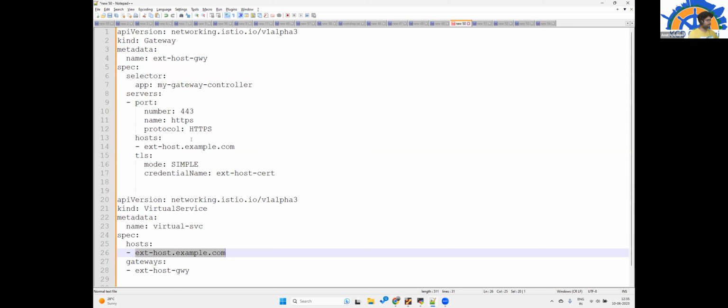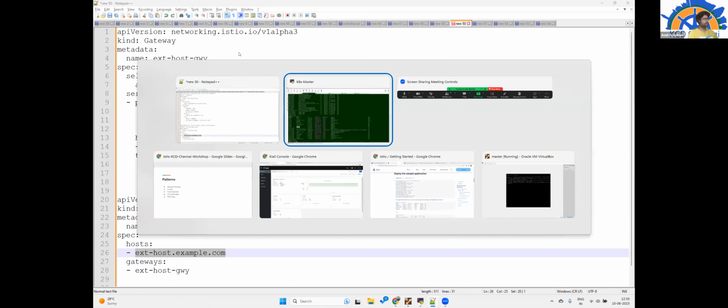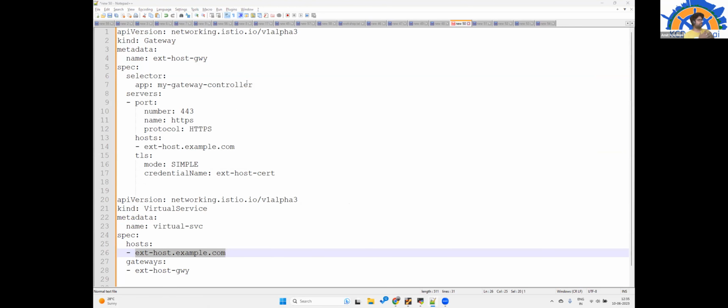So once you configure this, the gateway. Now first of all, gateway is an optional entity. You may or may not need it. But the other alternative to gateway is the ingress.